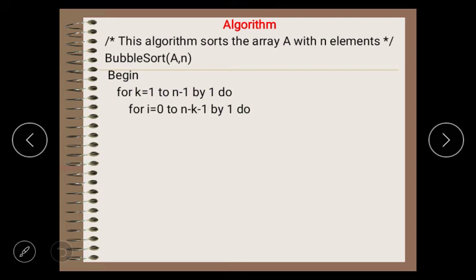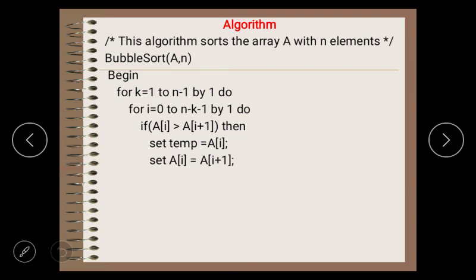And we know in each pass the comparisons start from 0 up to n minus k minus 1. If the ith element is greater than the I plus 1 element, then we need to swap these two elements, and for this we use a temporary variable: set temp equal to a of I, set a of I equal to a of I plus 1, set a of I plus 1 equal to temp.